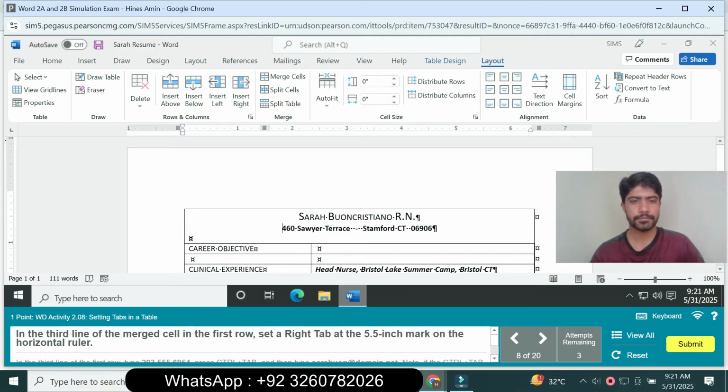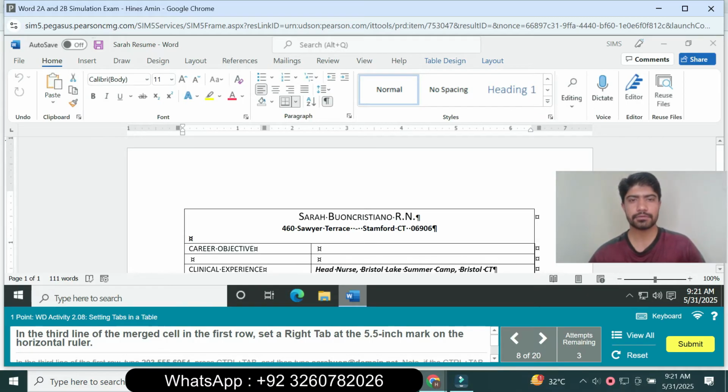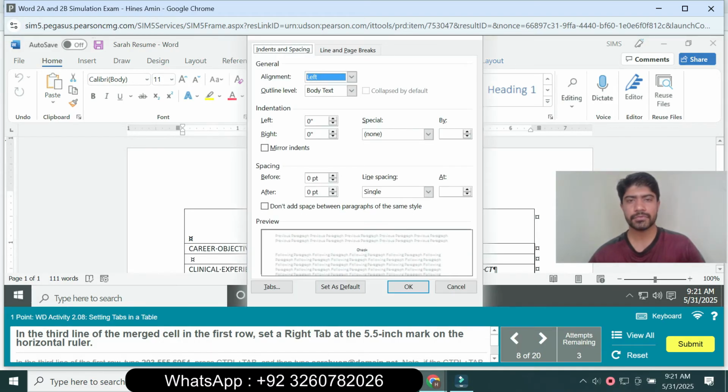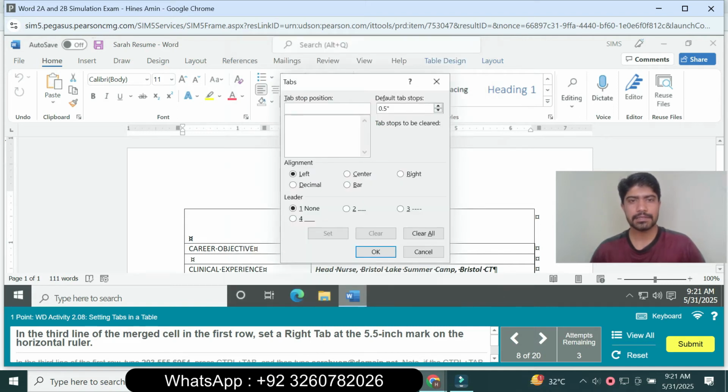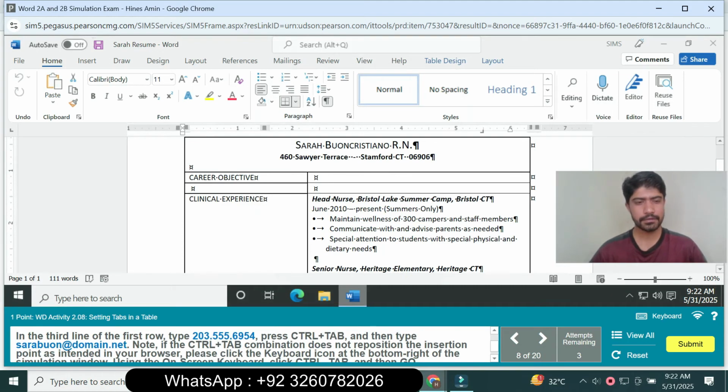So select the third line of the merged cell in the first row, and set the right tab at 5.5 inches on the horizontal ruler. So go to the Home tab and go to the Paragraph group. So open the Paragraph dialog, click Tabs, and the tab stop position is 5.5 inch. So 5.5 inch and right alignment. So click Right and click Set and click OK. Next is